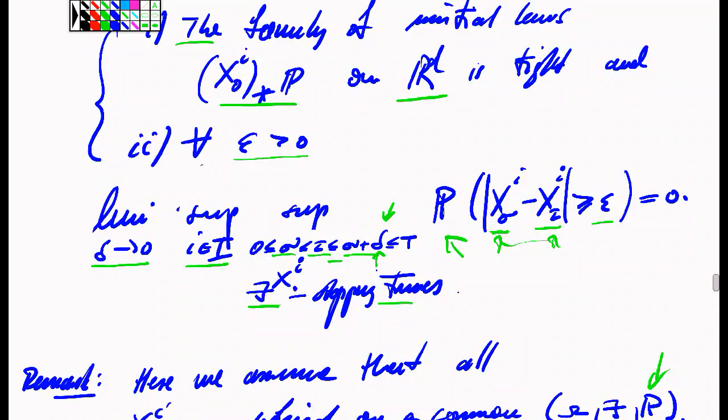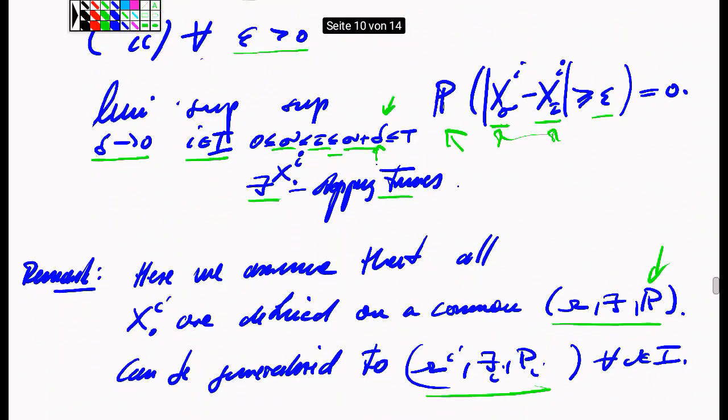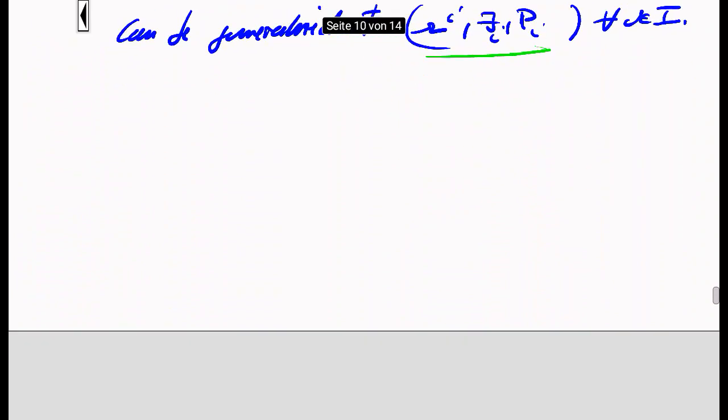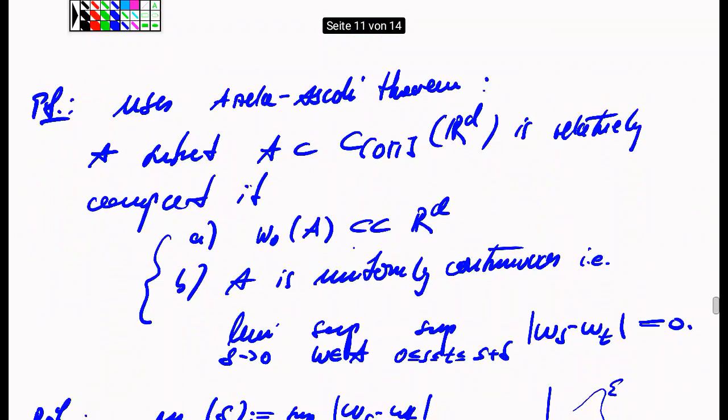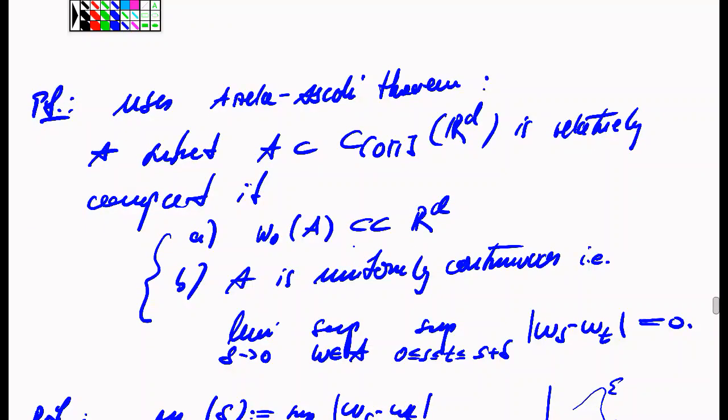So this is effectively a bound on the fluctuations of the stochastic process. And the reason behind this bound on the fluctuations is the Arzelà-Ascoli theorem, which is a